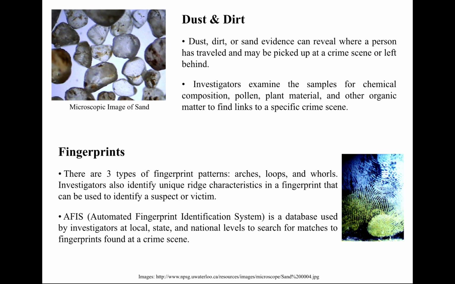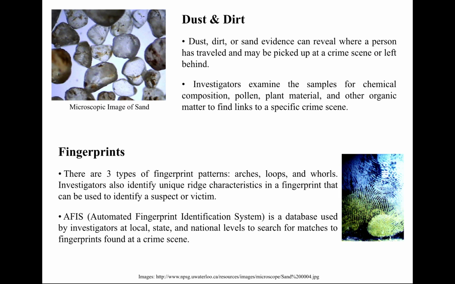Dust and dirt, leaves, and sand can tell you where a person has been, where they might have picked up the stuff at a crime scene, or maybe they left it behind. And investigators can examine for chemical composition, pollen, plant material, or other organic matter that will link suspects to a